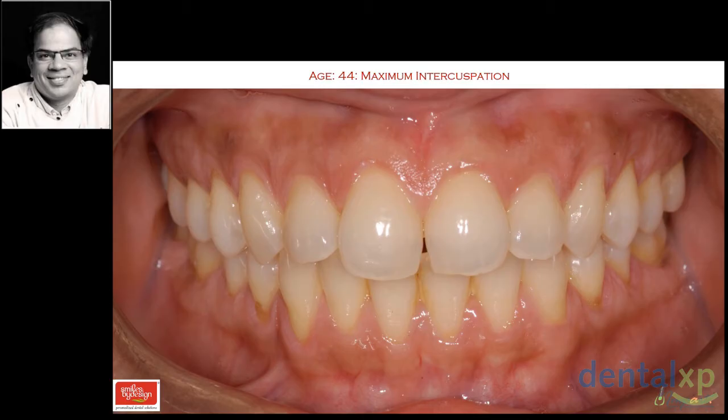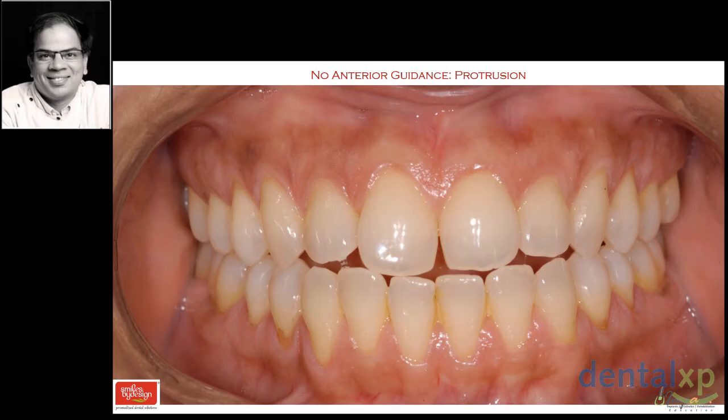the presence of a little abfraction cavities which are there on the lower premolars. They are a little more prominent. But overall, I would say that these are really good teeth at 44 years of age with no disease at all, no caries, no perio issues, and there is no erosion in the oral cavity here. When this patient protrudes, there is no anterior guidance. Only posterior teeth are touching. Her anterior teeth don't come into contact at all. So in spite of not having the mutually protected occlusion that we talk about, this patient is not breaking down. This system is working for her.